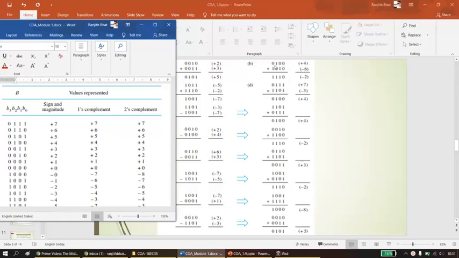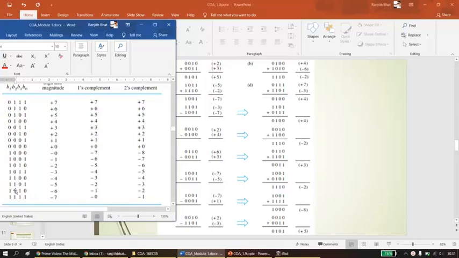Plus 4 and minus 6. Plus 4 is 0 1 0 0, that is my plus 4, and minus 6 I've already got from here. Minus 6 is this, and it looks like it is written as minus 2 in 2's complement. So minus 2 is minus, that is MSB 1, and this is 2. We can directly remember and write it as it is. What we are going to get is a minus 2.